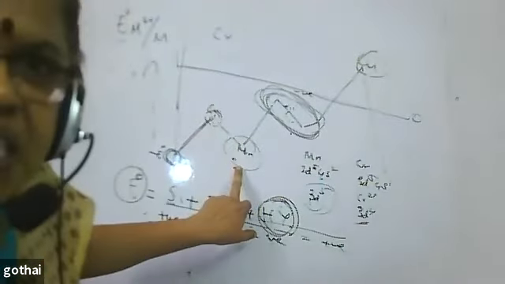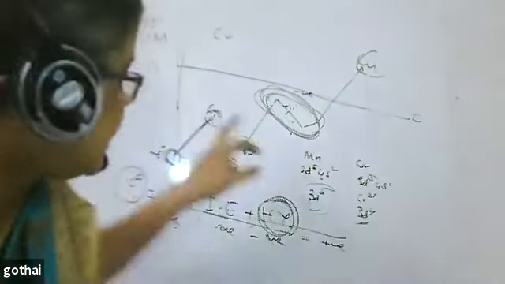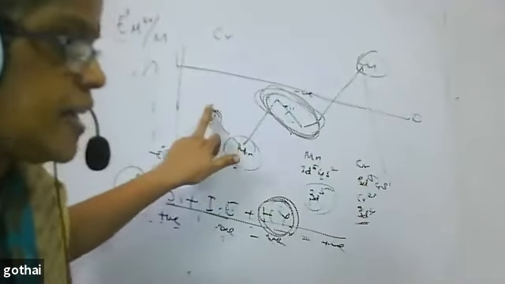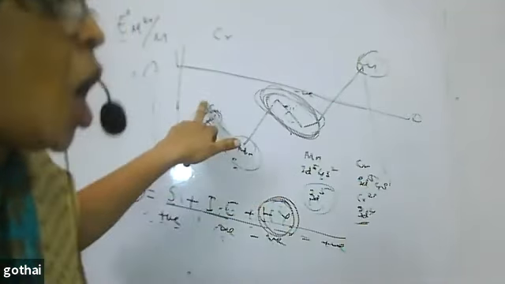The electronic configuration is moving from unstable to stable, ready to lose electron. Here, that is not the case. So when I compare these two, this is ready to lose electron. It is not ready to lose electron. This is acting as a reducing agent. This acts as an oxidizing agent.